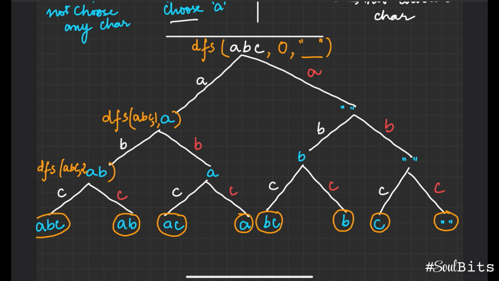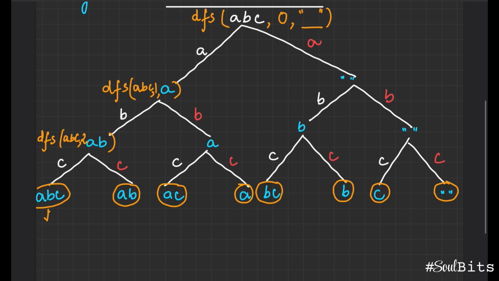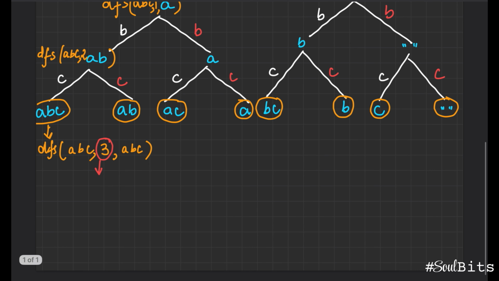So again, we're trying to visualize this decision tree in form of a function call. This will be very useful, but we have to start understanding how these function calls are being created. Now if you go and do the same, in this case, my function call will look something like this. So 2 will become 3, and my AB will become ABC. So this is where my terminal condition hits, and I'll need to do something about when my index is greater than, actually we can just say it is equal to the length of my example. So this is my terminal condition.